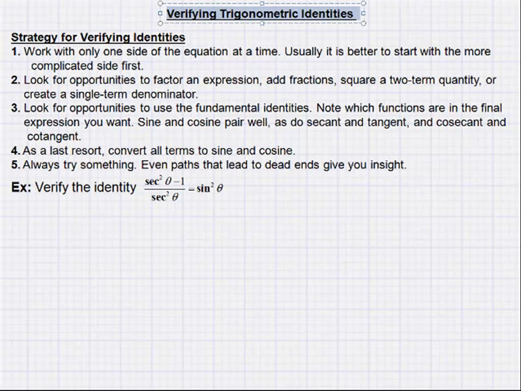This lecture is about verifying trigonometric identities. Really what it is getting you more practice with working with identities through a process of verifying an equation. One thing we would have done in previous section